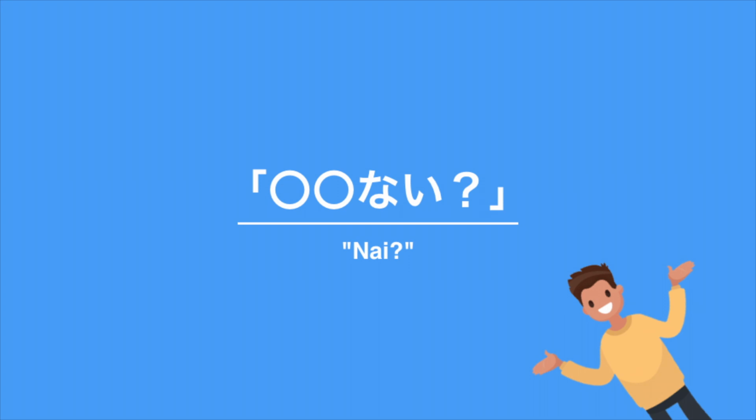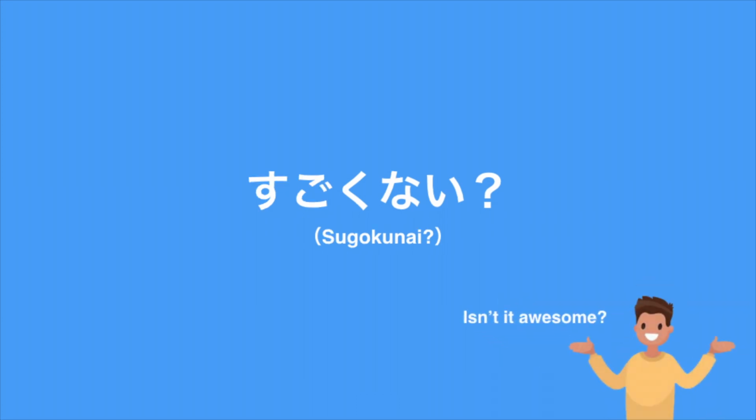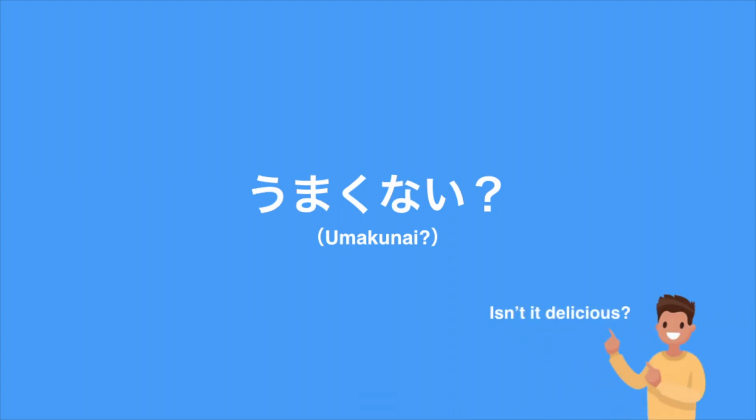ない. The next one is ない. ない is used to confirm what the speaker already knows or feels about a certain situation. For example, やばくない。すごくない。うまくない。軽くない。